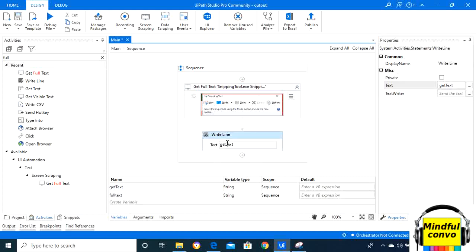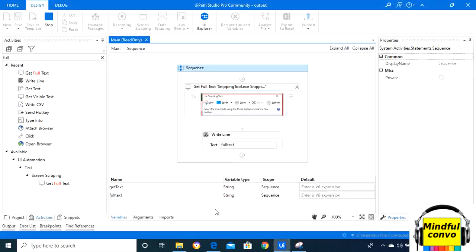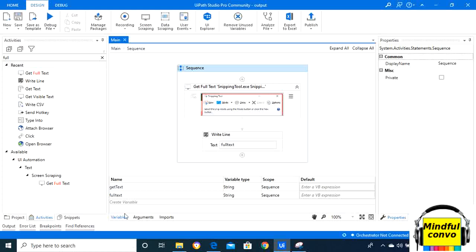Now in this we have to write full text. So when I run the file, it will capture the info of the UI element as well as the hidden text from the element.